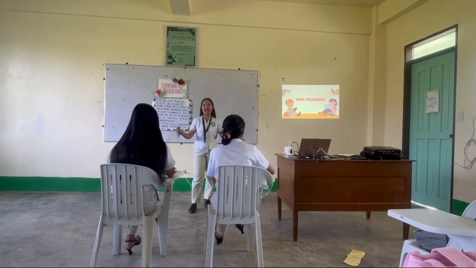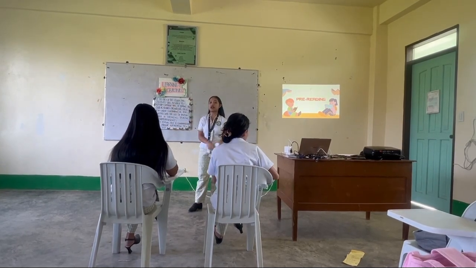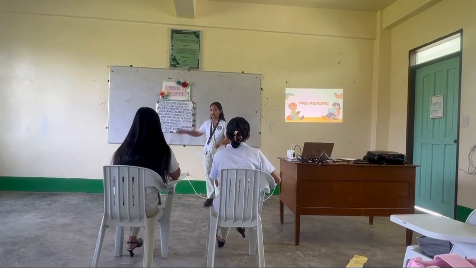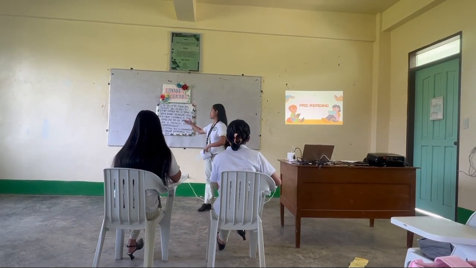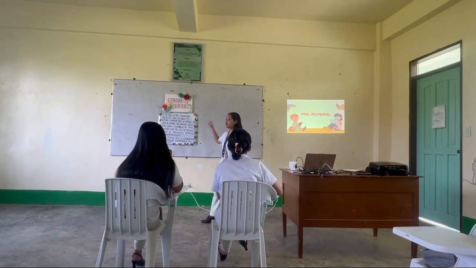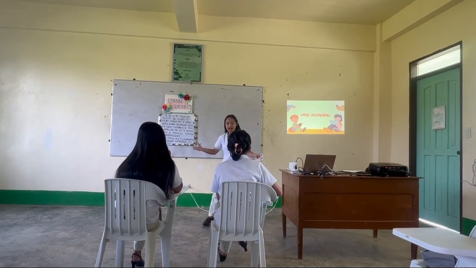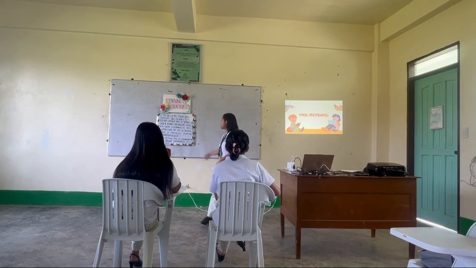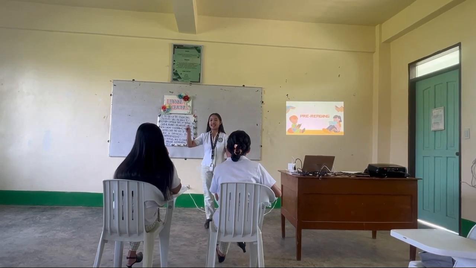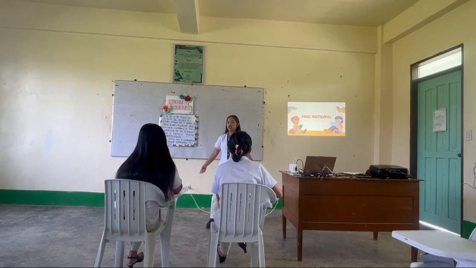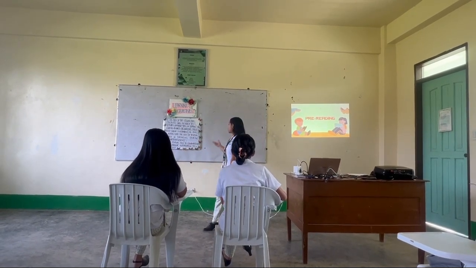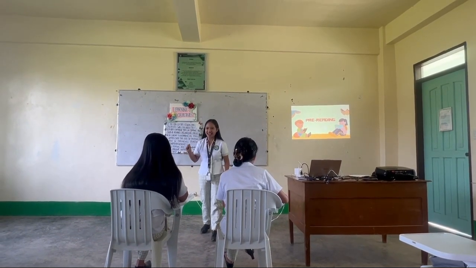Wow, very good. So now, before we start, let me read first about our learning objectives for today. At the end of the lesson, the students will be able to identify different types of pictorial aids, such as advanced organizers, title, non-linear illustrations, and text, and of course appreciate the value of pictorial aids in enhancing reading comprehension and use pictorial aids to summarize or present information from a text. So now, are you ready?